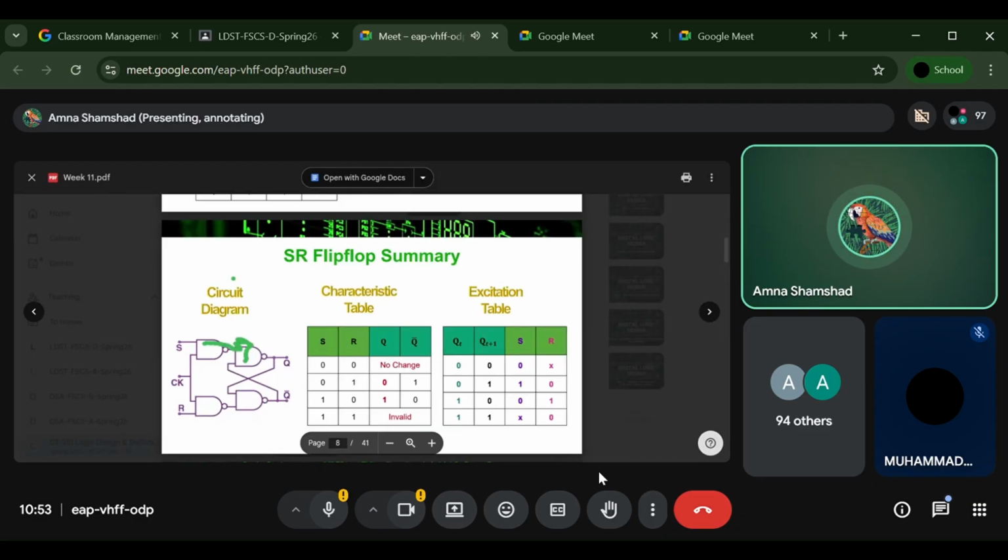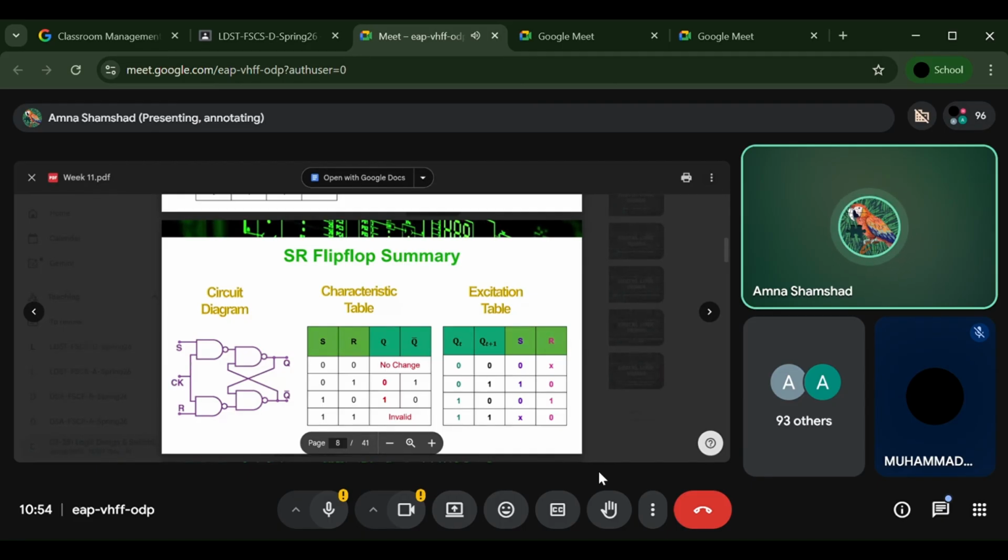Then we have the characteristic table. This is the abbreviated characteristic table. You can write the full and then you can write the abbreviated as well. And the next was the expression. You can easily calculate the expression for it. We will discuss this characteristic table and excitation table, and you can do its minimization and its expression on your own. Okay, so the characteristic table for SR flip-flop is simply